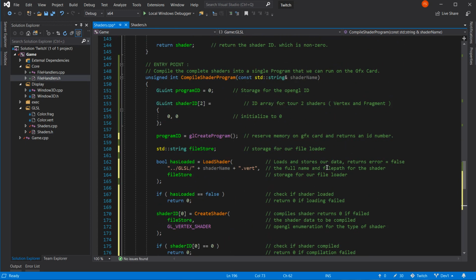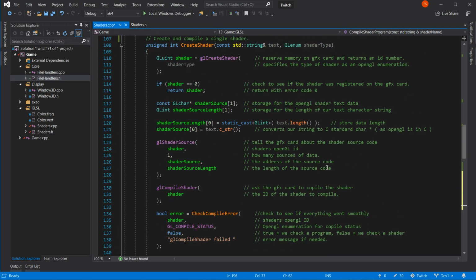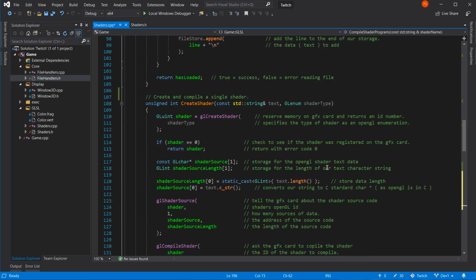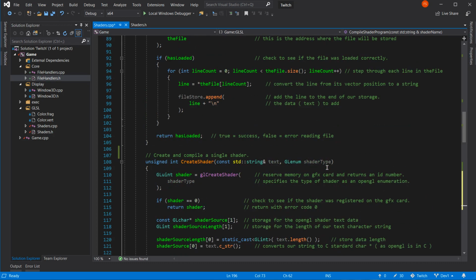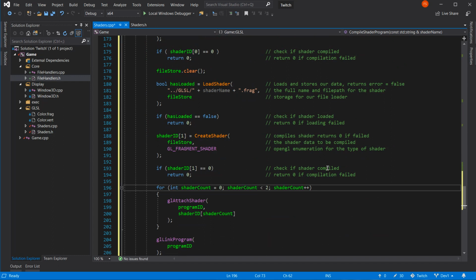How are we noting our for next loops in this game? Yeah, okay. So this will be step through each shader ID.